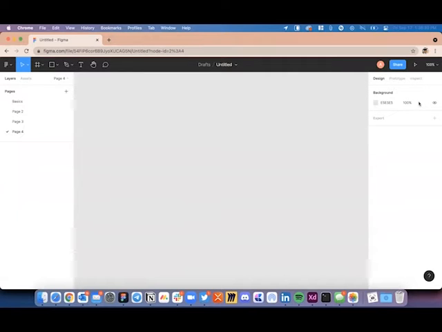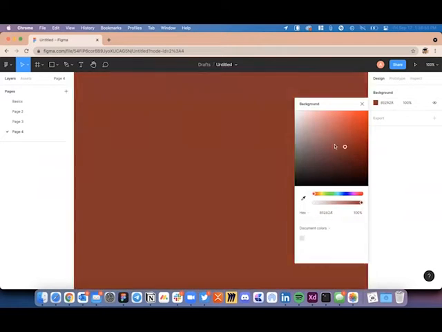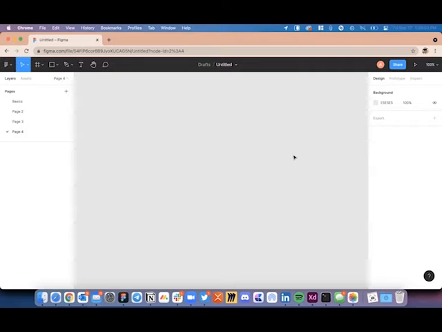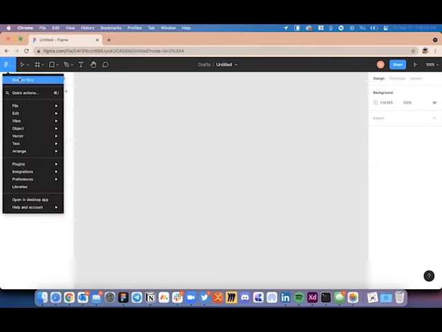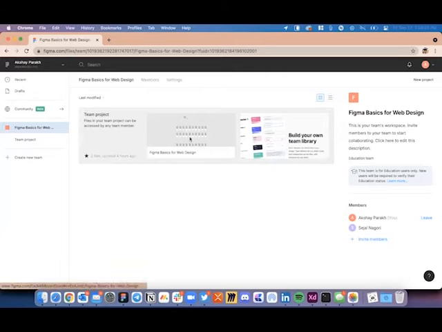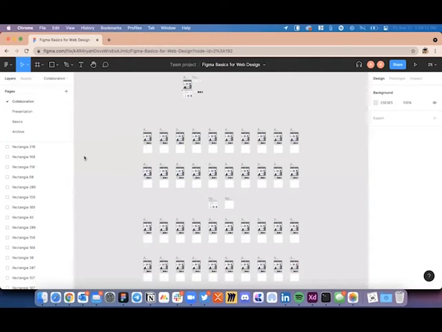This on the right side is an inspector panel, which will show the properties of whatever you are creating in Figma. So right now, we haven't created anything, so it is just showing me the property of the blank canvas or the page, which is the background color, and you can go ahead and change the background color as well. So I'd recommend you to keep it to the default because that is the best suited for designs for white and black elements. So let's switch to the design file that we have created for the presentation purposes.